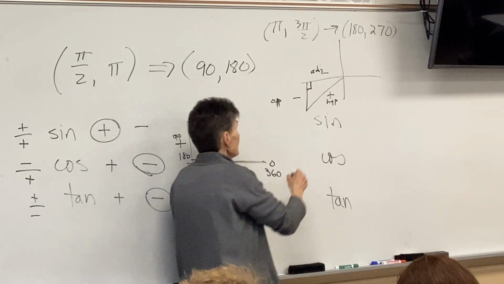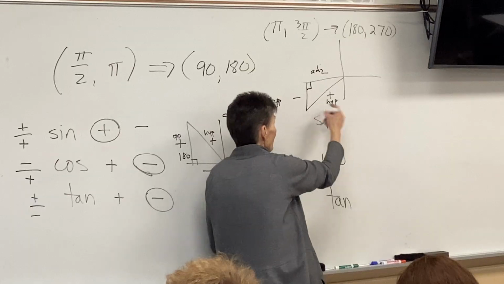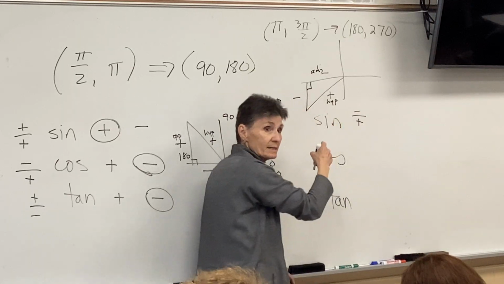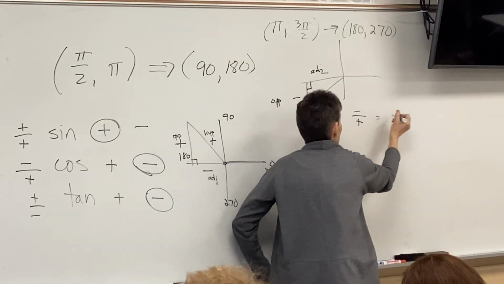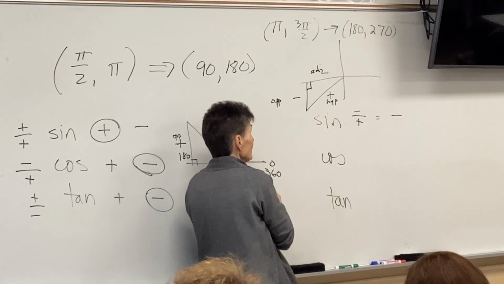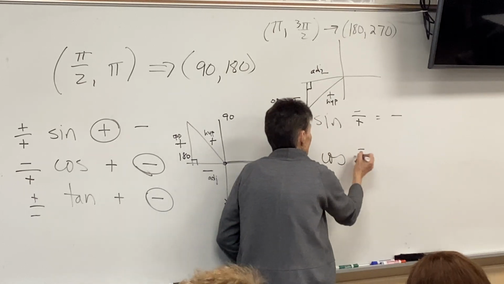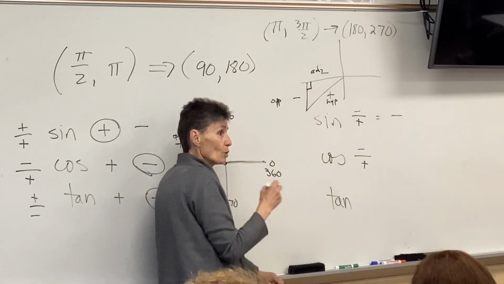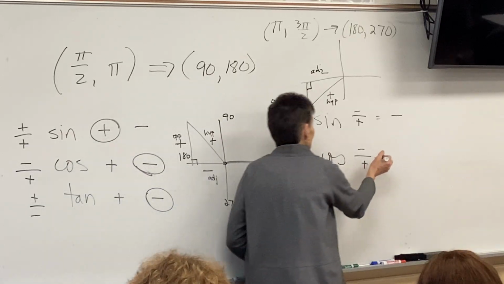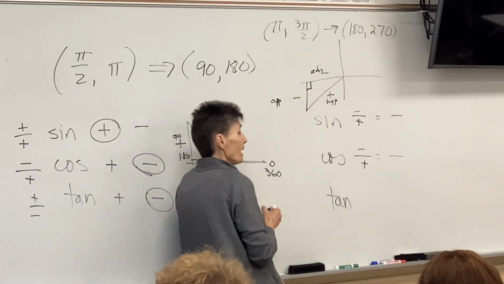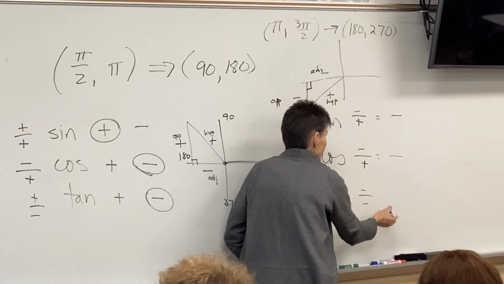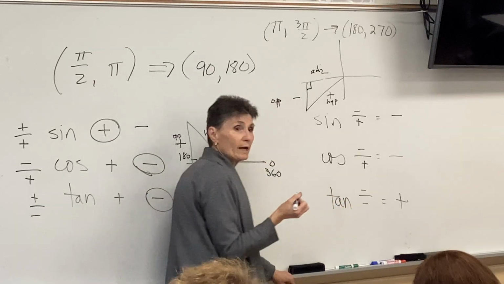Sine is opposite over hypotenuse. So it will be a negative over a positive, which will make it negative. Cosine is adjacent over hypotenuse, so it will also be negative over positive. Negative. And tangent is opposite over adjacent, so it will actually work out to be